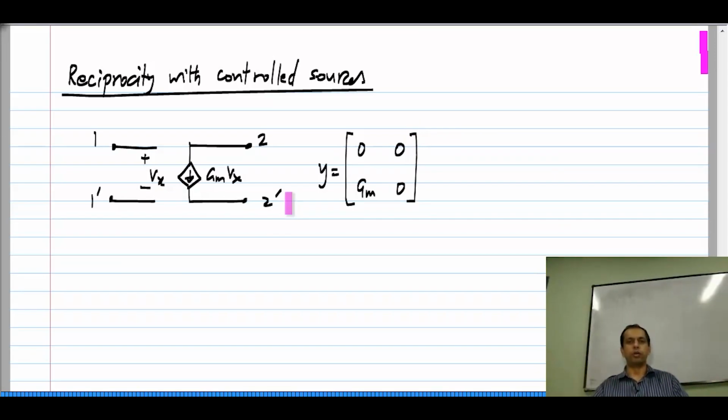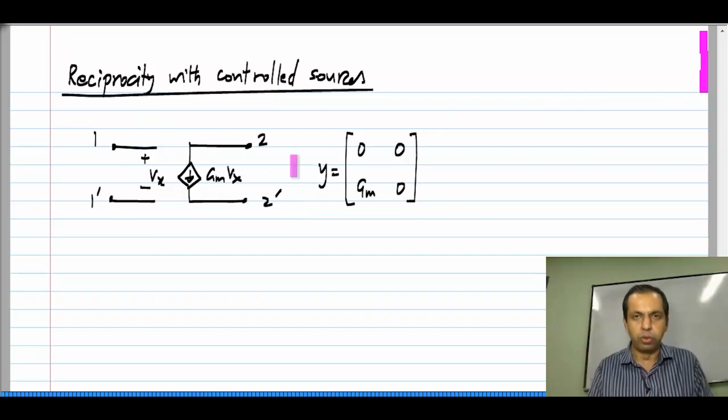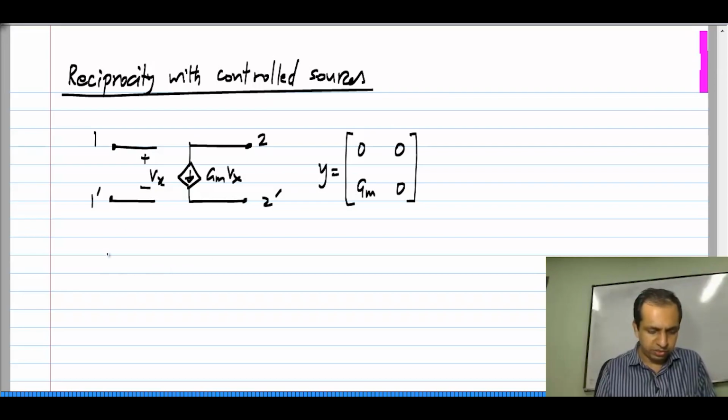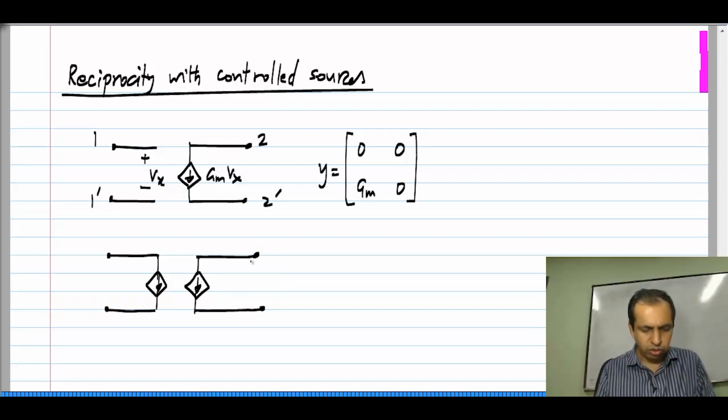But what I want to point out is that it is possible to realize reciprocal networks using control sources. So, while purely resistive networks are necessarily reciprocal, it is not that when you have control sources it will be non-reciprocal. You have to evaluate the two port parameters to find out. This particular two port is non-reciprocal, but let us say we take something else. For instance, we connect two control sources together,